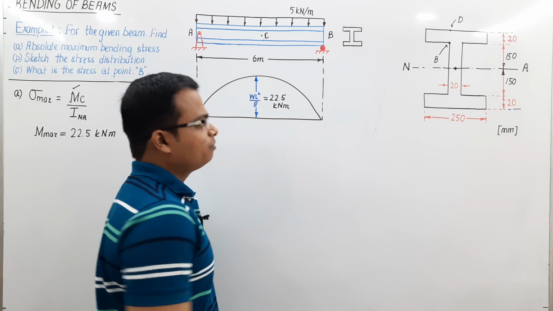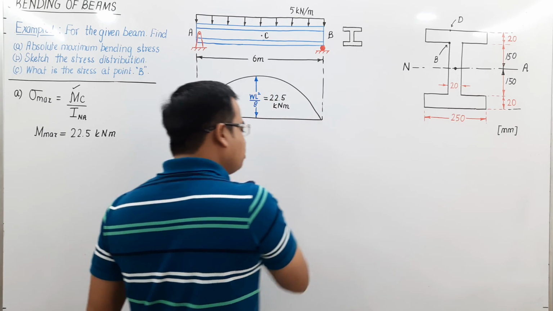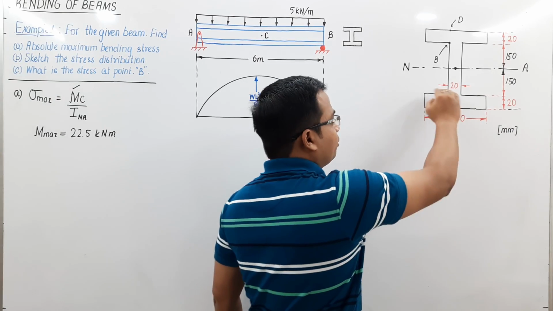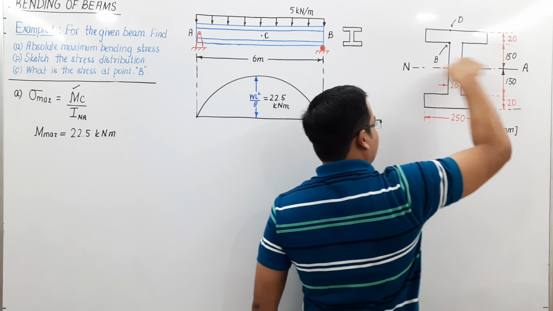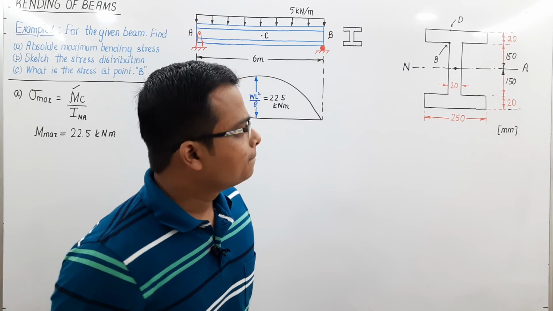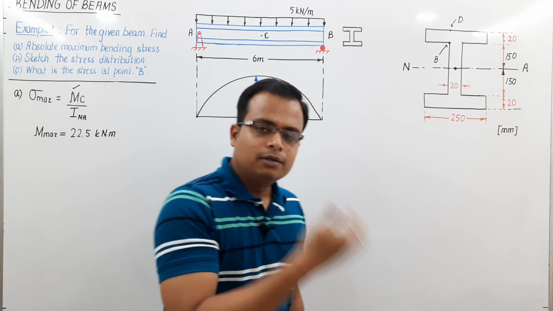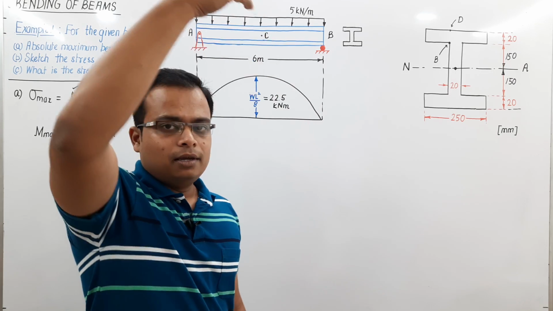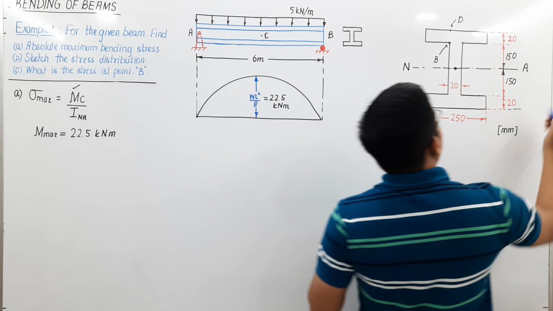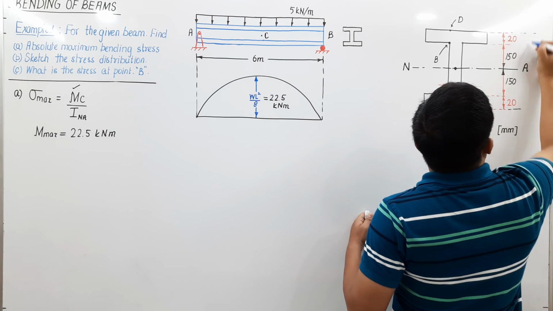Now this becomes a very simple problem for us. In some of the problems, you'll see that you need to work out the location of the centroid, the location of the horizontal centroidal axis, you can say so, right? There you have to apply the concept of centroids. Anyway, this is a symmetrical problem, symmetrical about the horizontal as well as the vertical, so you don't have to do that job. And you know very well that the maximum,